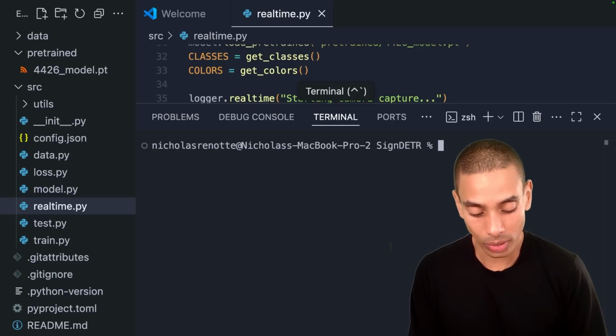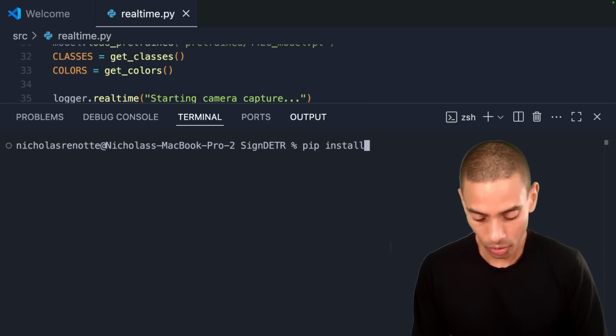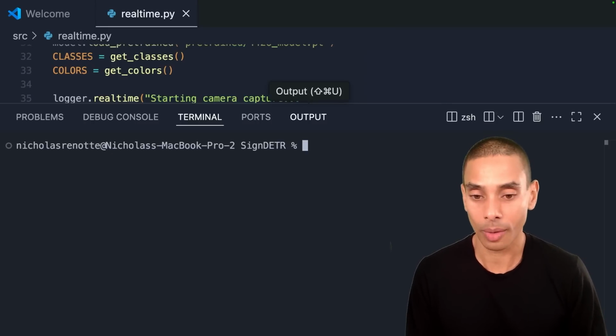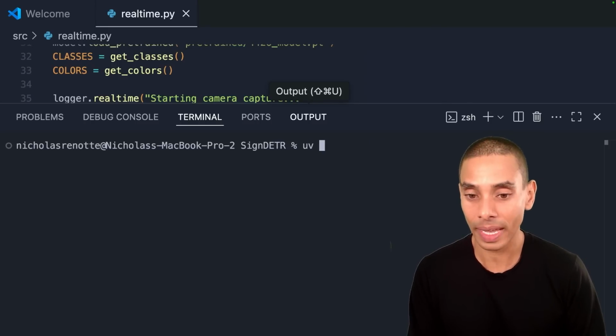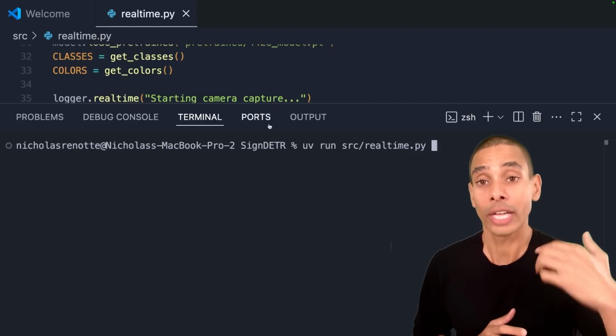So this is all done using UV. If you don't have UV installed, you can run pip install uv. I don't need that because I've got it installed on my machine. But as soon as I run uv run source realtime.py, running this file, it should kick off